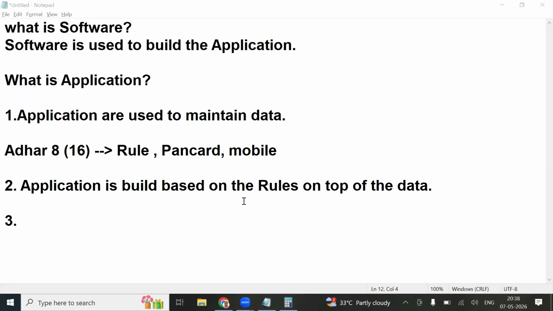So without data, you cannot move forward. The main purpose of full stack development, be it .NET, Java or Python, whatever the technology, is that at the end of the day we are maintaining data. For the purpose of data, we are using technology. How many of you agree with this point?